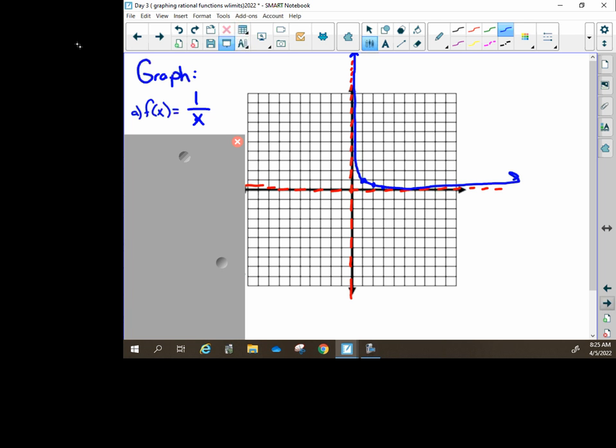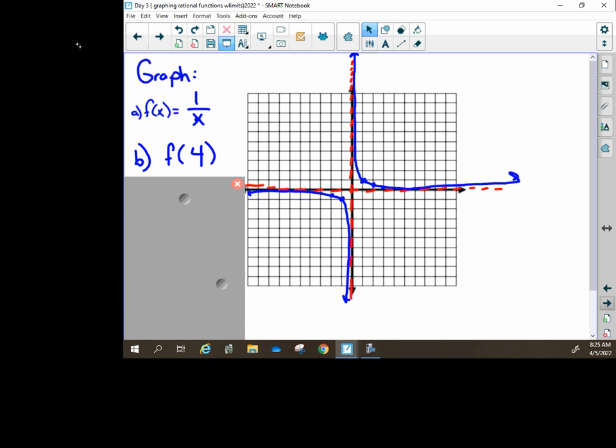If I put in x as -1, 1 divided by -1 is -1. I put in -2 and I get -1/2. I put in -3, I get -1/3. Close, close, never touch. Okay, I want you to find out, what is the function? What's the value of f of